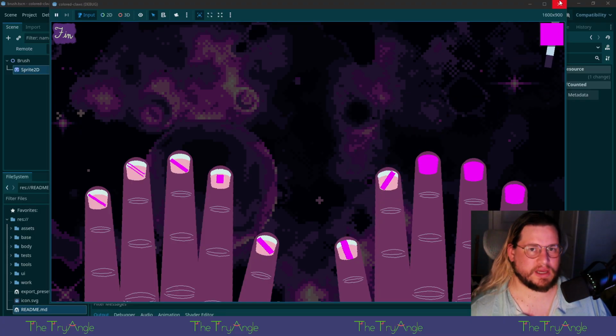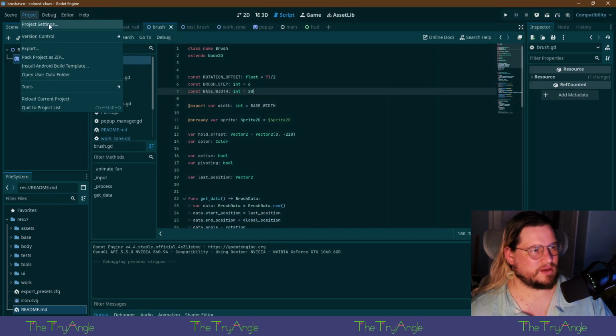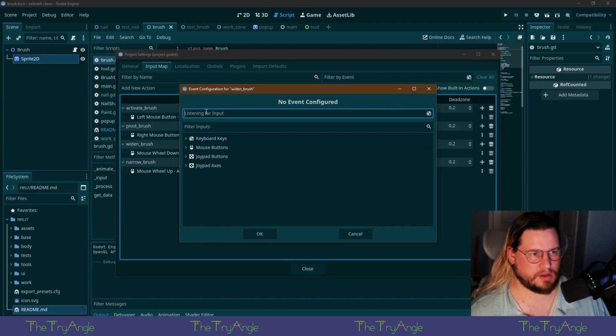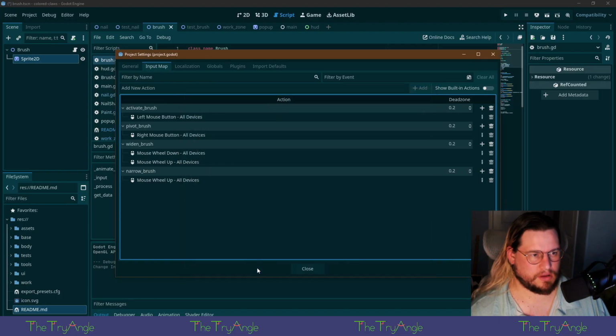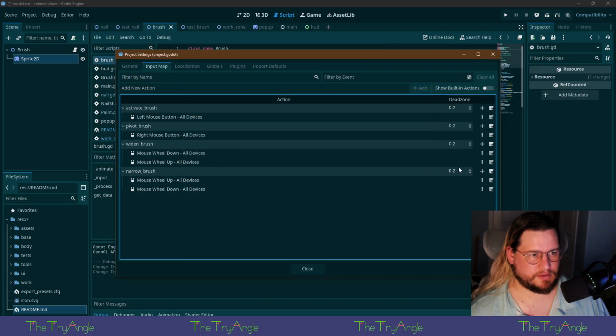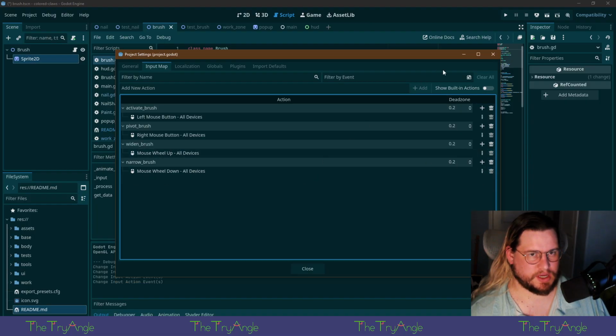I don't know if I like scroll wheel. I feel like I should flip. So we got mouse down and mouse up. All right, we'll flip it. Mouse up, mouse down.